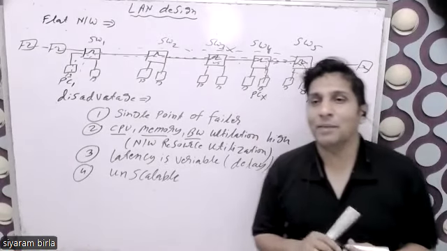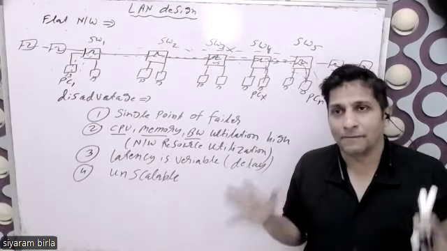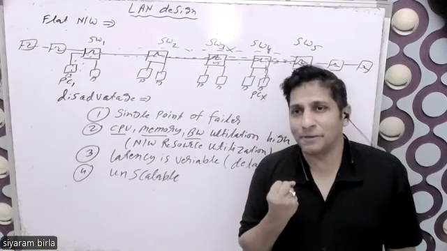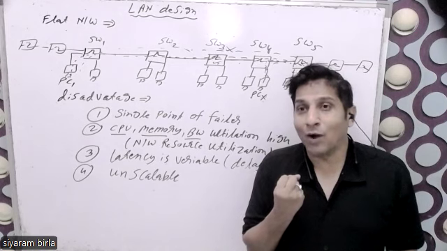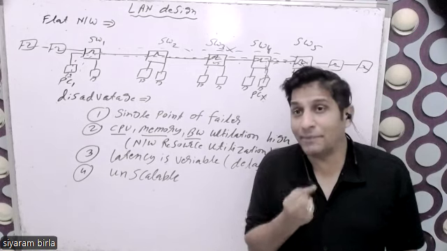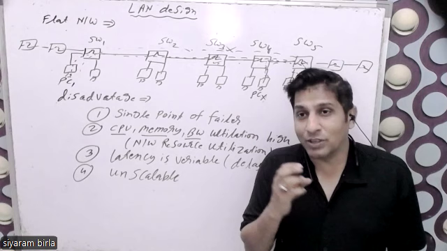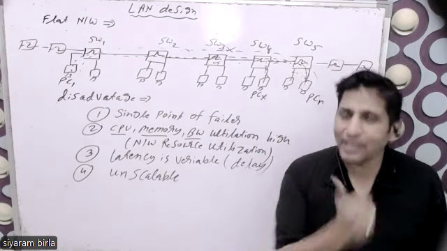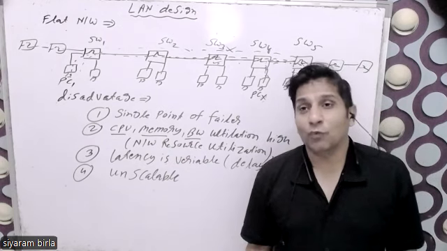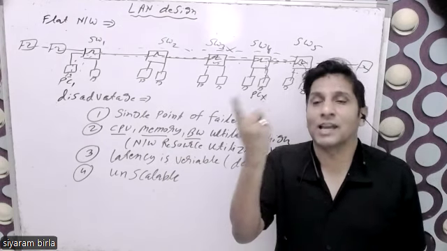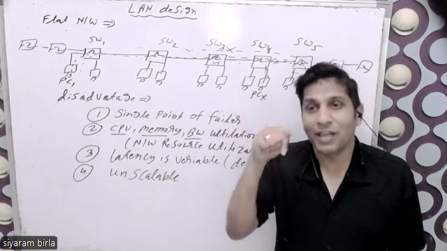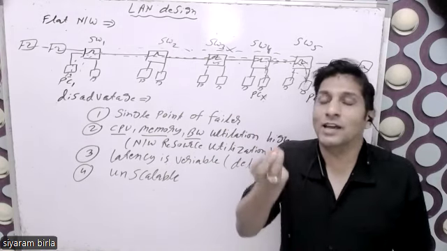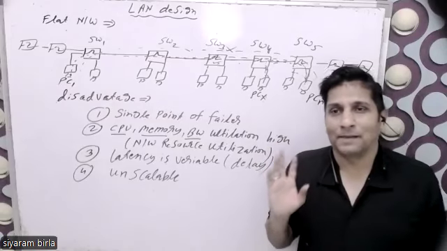Unscalable means the network will fail. Suppose an ISP is right now running 4G technology and wants to launch 5G technology. So they are replacing their routers and their media. So their 4G network is unscalable. If they can run 5G technology on the existing 4G routers, then their network is scalable.